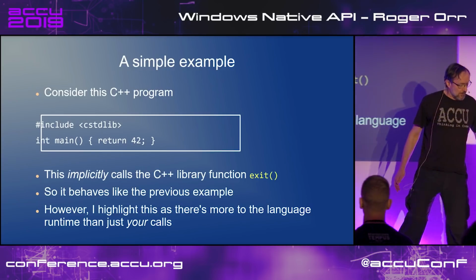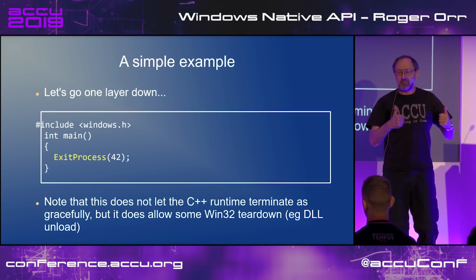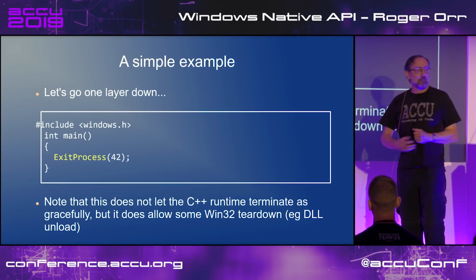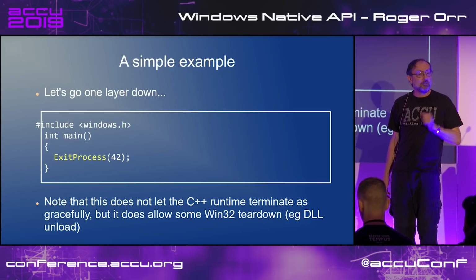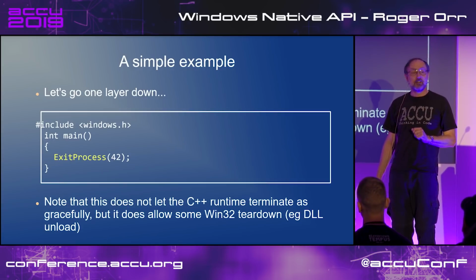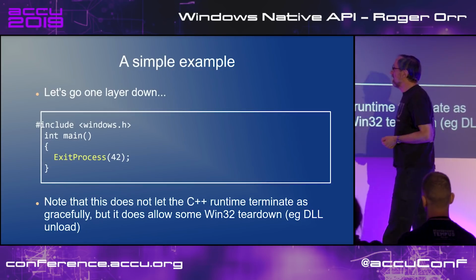But we can go one level lower than that. We can call ExitProcess ourselves. How about that? With 42. You will undoubtedly not be surprised to realize this program too has a return code of, you guessed it, 42. So it's all good so far. However,